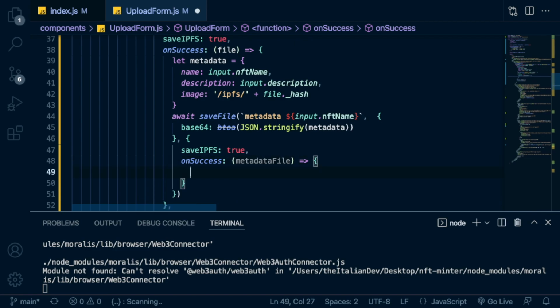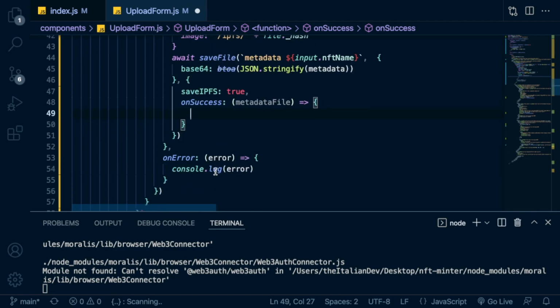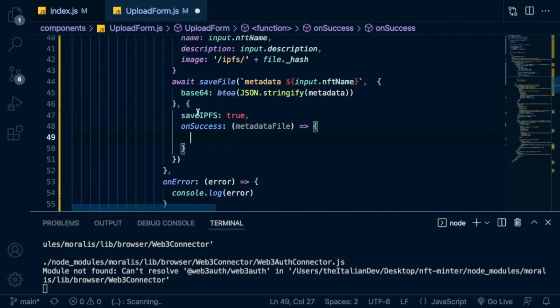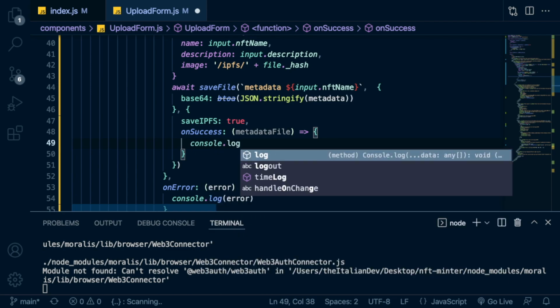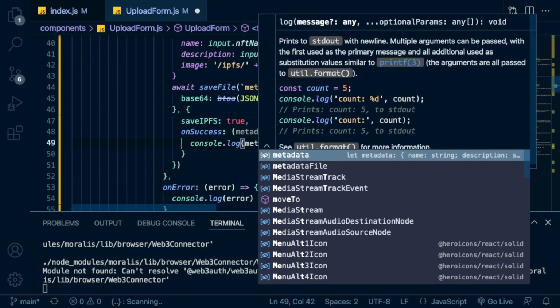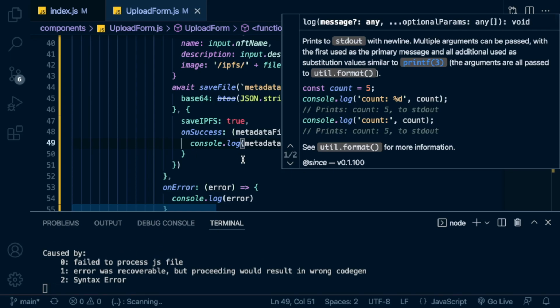And for now, hoping that this time it works and we don't need to code the onError handler, we can just console.log the metadata file, and we expect,